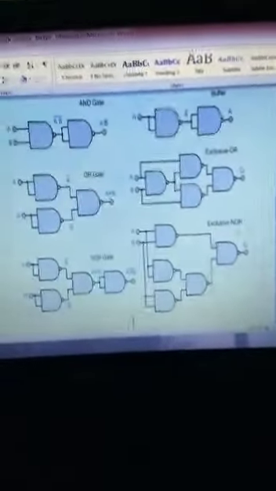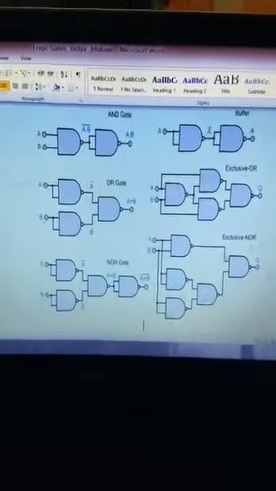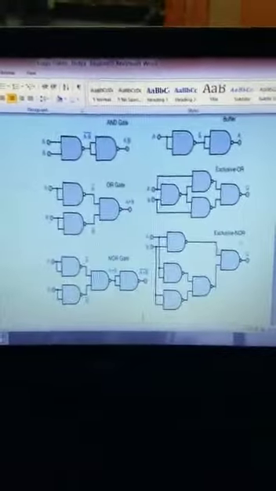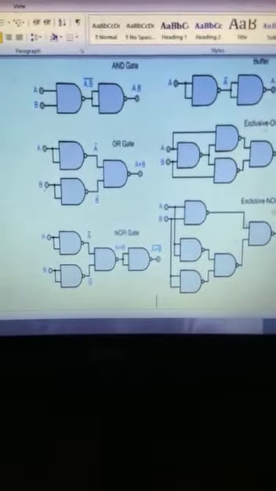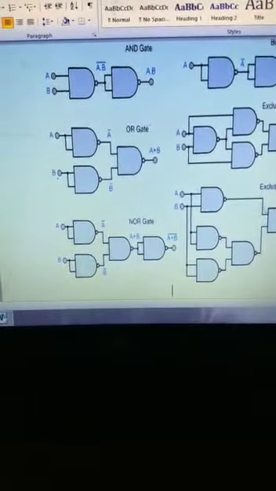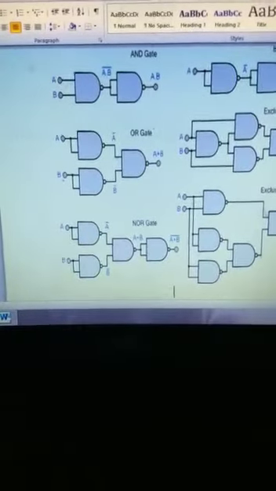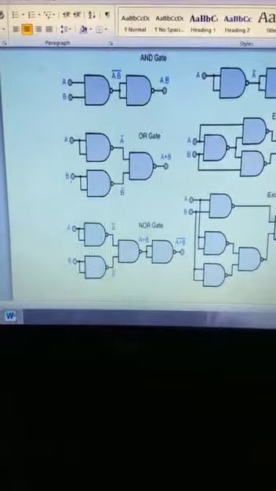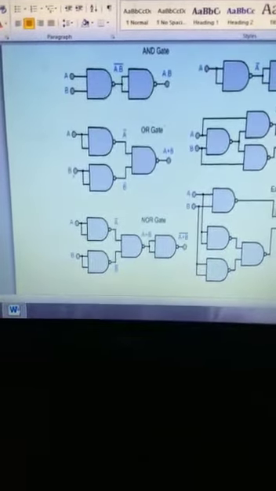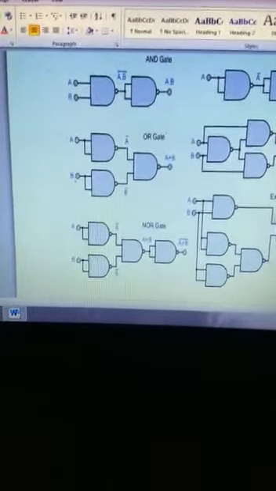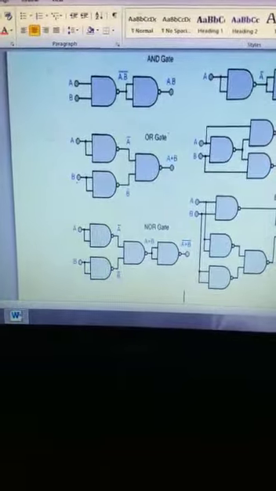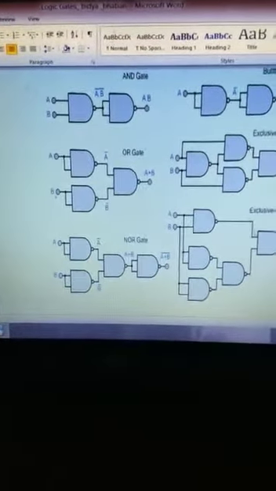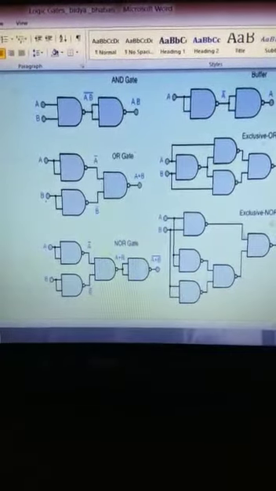Next, we will find out how, using the NAND gate, we can implement all the other basic gates. First we implement the AND gate using the NAND gate. Here, see the first diagram: we are passing A and B as inputs. If we pass the inputs through the first NAND gate, our result is (AB) bar. Again we pass this (AB) bar through a NAND gate, splitting it into both inputs. So what do we get? We get only the value AB. This is how we can implement the AND gate using the NAND gate.